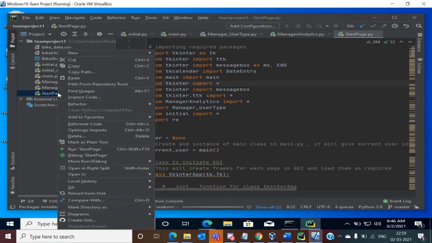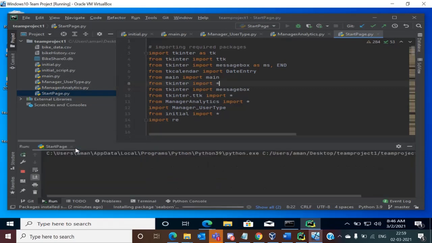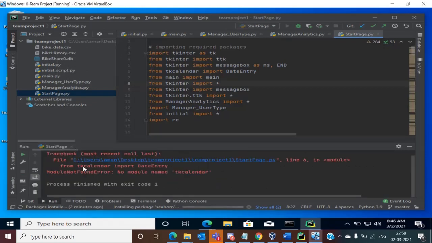Now if I try to run my program, if all the packages that are being used in my program have been installed, then it should run successfully. As you can see, my program is using tkcalendar. This is a package that is not part of my interpreter.